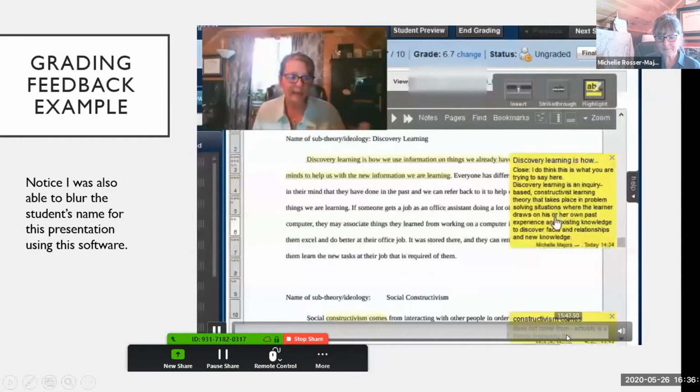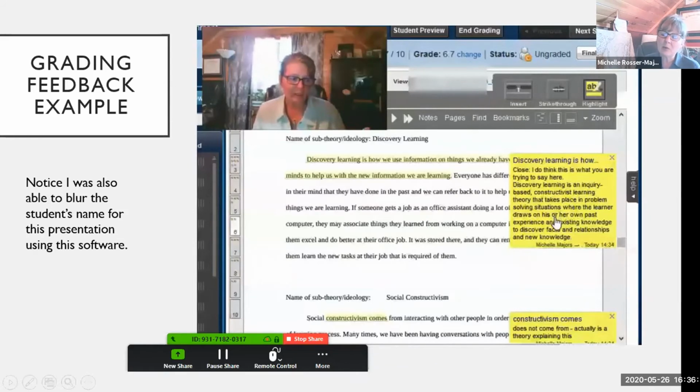And so my example: again, this was someone that I wasn't so sure would go in and read the feedback, because it was quite extensive. There was a lot of content misunderstandings. So my hope is that by using this, where I engaged with her personally face-to-face, it would be more personal and she'd listen to what she needed to do to improve and perhaps reach out to me if she needed more help.